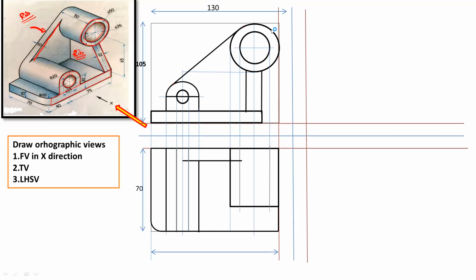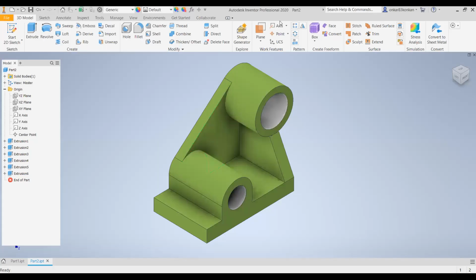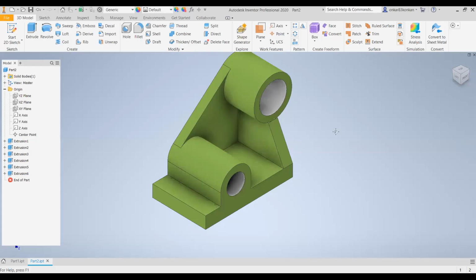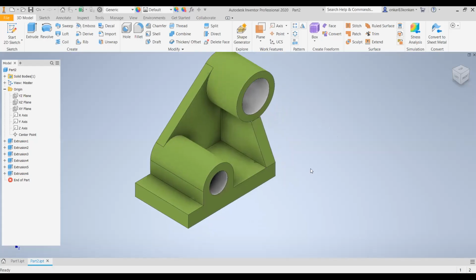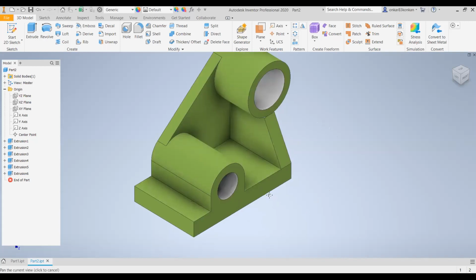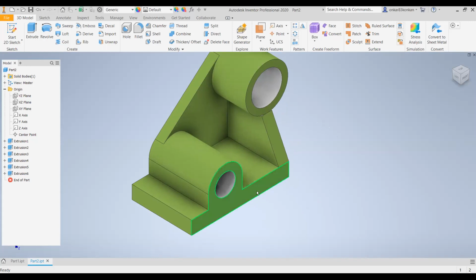Here you can observe the given object in three dimensions. You can observe the given object from different directions. The direction perpendicular gives the front view.